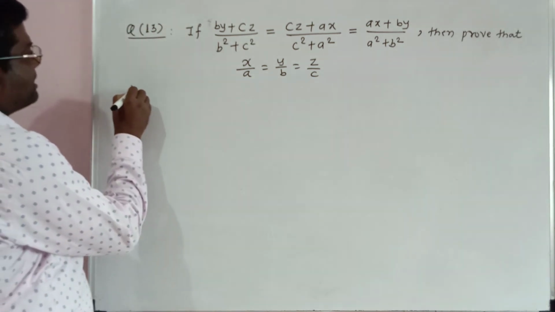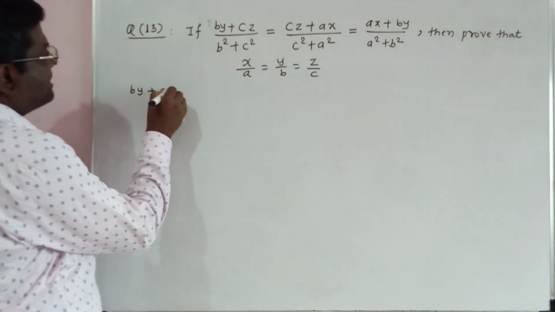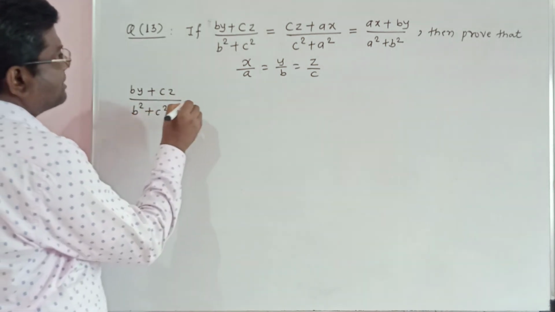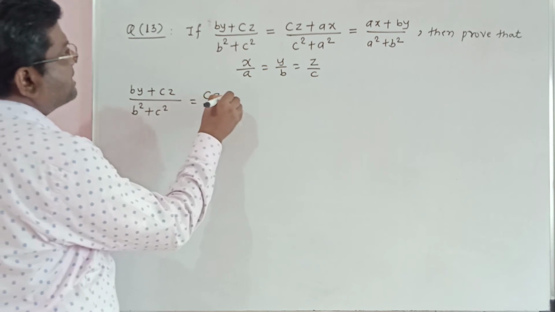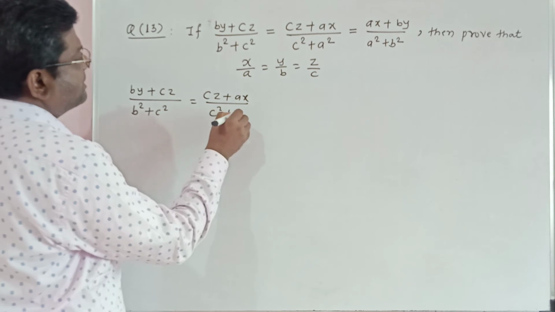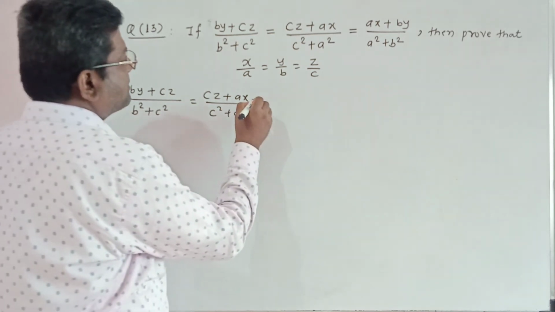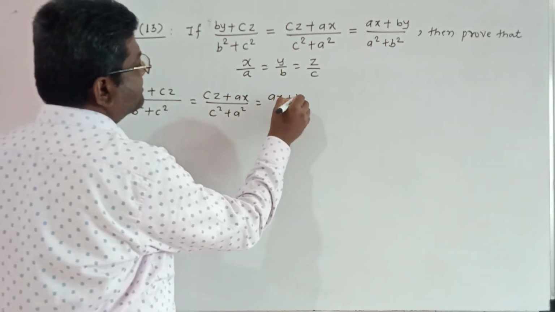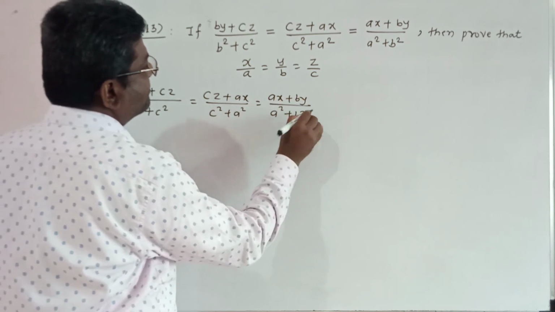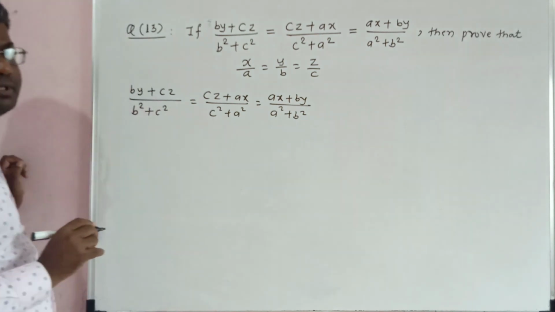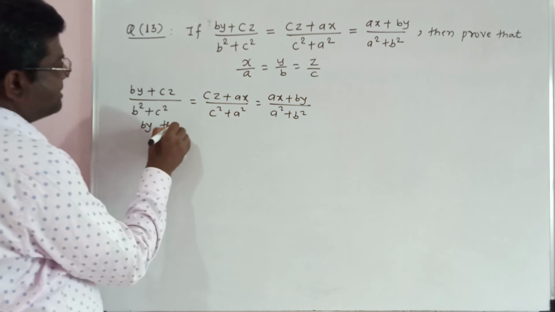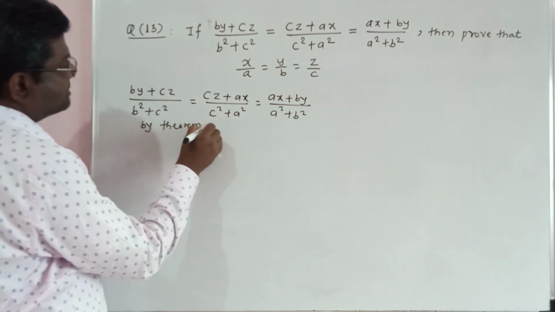Therefore we have given here (by plus cz) upon (b square plus c square) is equal to (cz plus ax) upon (c square plus a square) is equal to (ax plus by) upon (a square plus b square). Now by using theorem on equal ratios,